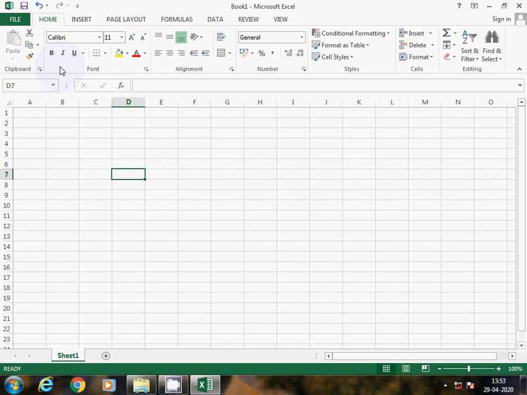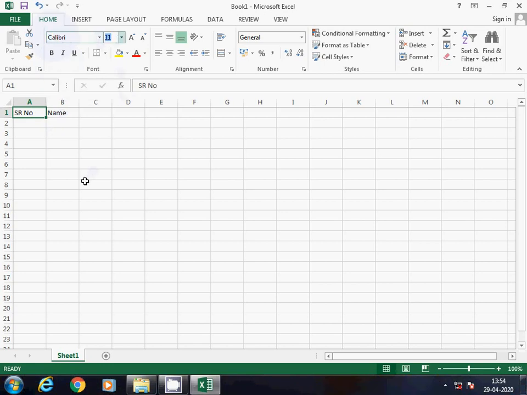When you start software like MS Excel or MS Word, and simply start typing, suppose here I am typing something, you may get something like this. Color is available, font is available. This is called the default setting. In this default setting, you may observe that the font is Calibri, size is 11.